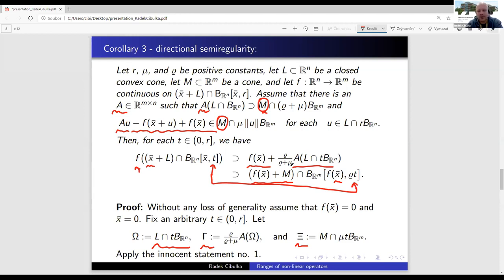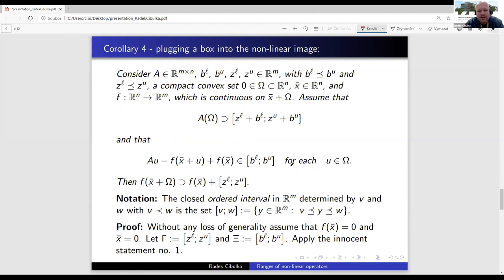For example, it gives you that the tangent cone to the nonlinear image can be computed by the tangent cone to the pre-image. Yeah, so this is what we have seen many times yesterday, when dealing with some cones. So this is directional semi-regularity, and let's move on to some special case which somehow came to my mind from